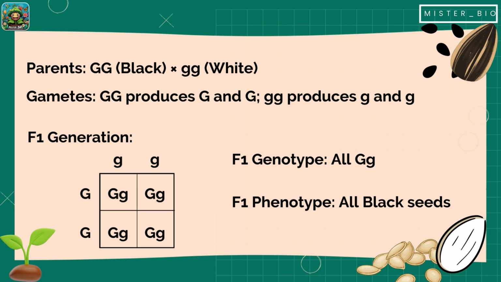So, we do have the alleles such as the two uppercase G for homozygous dominant. And then we do have the two homozygous recessive, which is represented by the lowercase g. Now, we do have the gametes which are actually produced. We have two uppercase G for the black, and then two lowercase g for the white. So if we're going to cross it using the Punnett square for the F1 generation, you can see that